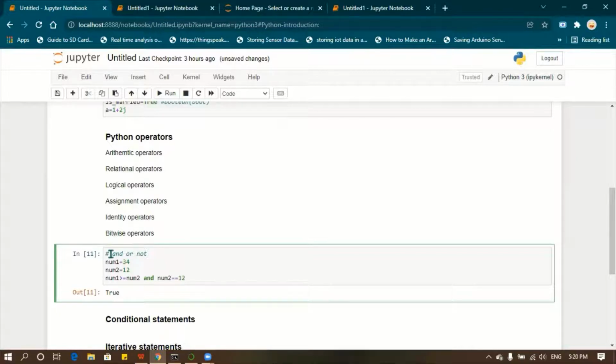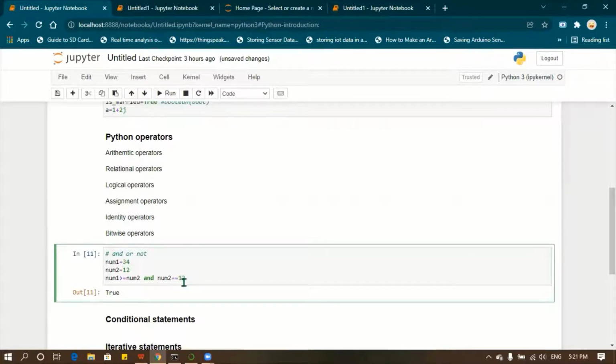I'm going to check these two conditions. What your and will return is, if these two conditions are true, it will give the answer as true. If either one condition is false, it will give the answer as false.